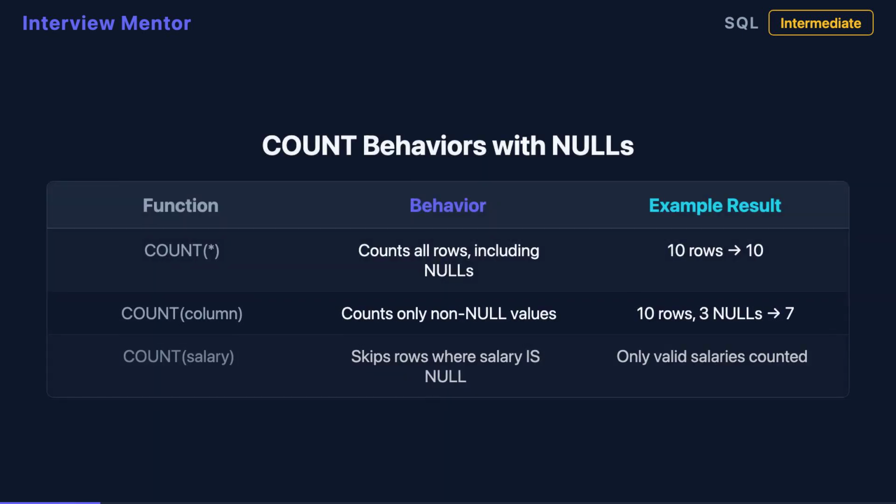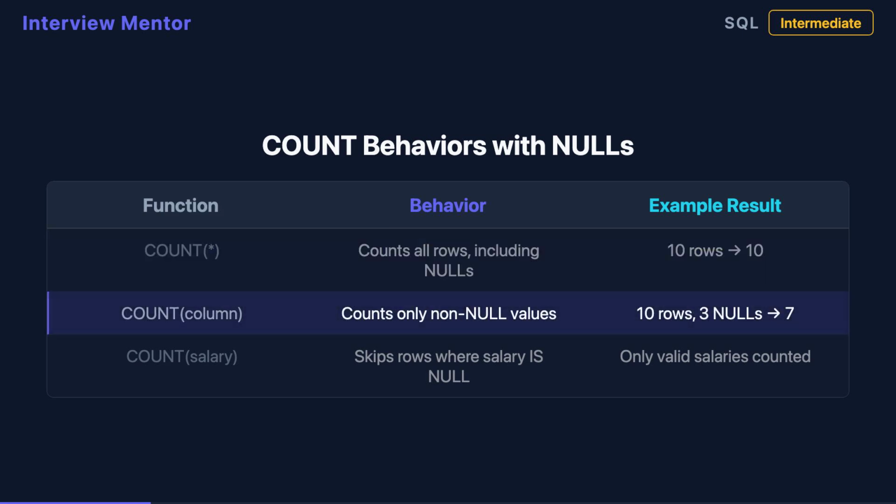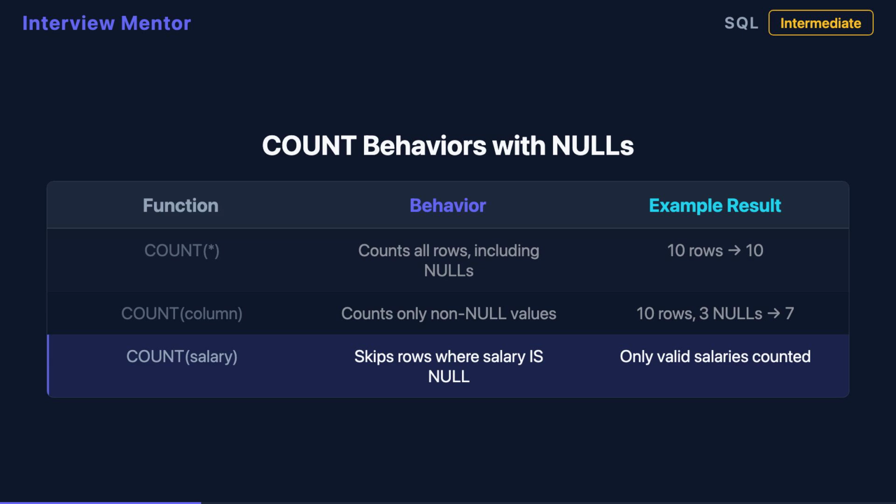First, COUNT has two distinct behaviors. COUNT(*) counts every single row in the result set, including rows where all columns are null. But COUNT of a specific column name only counts rows where that column is not null. So if you have 10 rows but 3 have null salaries, COUNT(*) returns 10, while COUNT(salary) returns